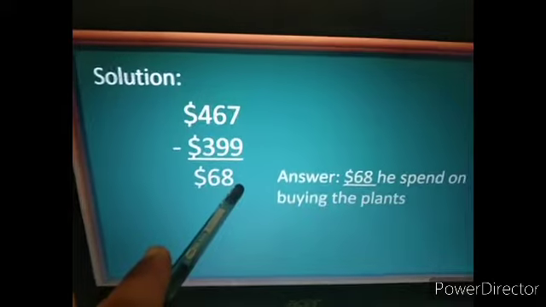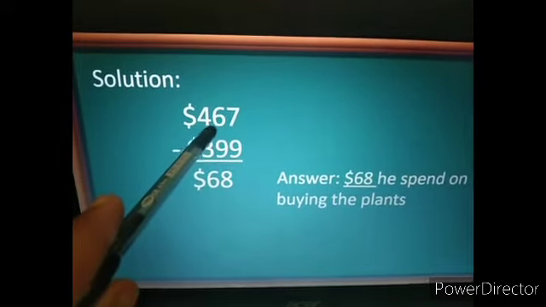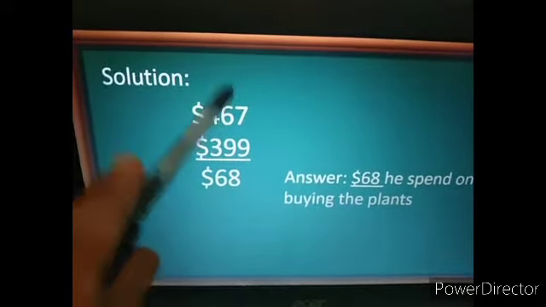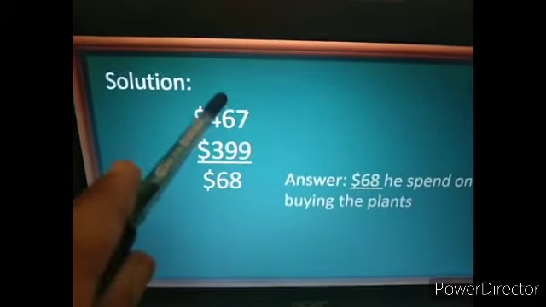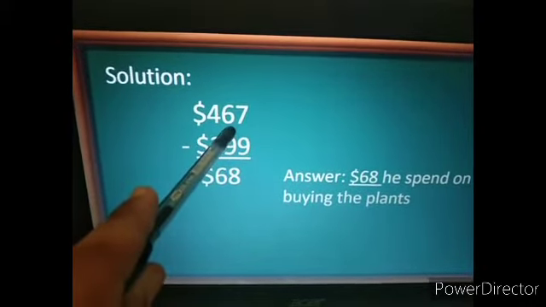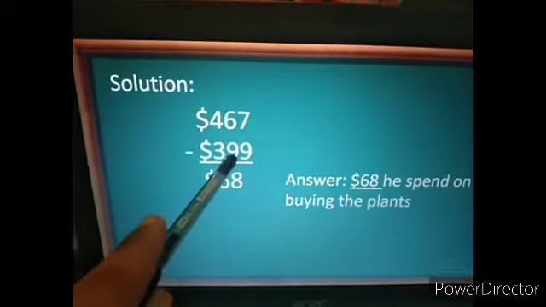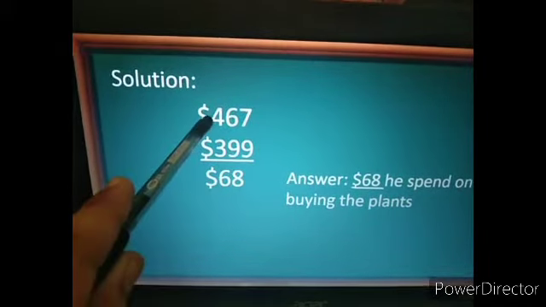And again, this 6 is not 6 anymore. It's going to be 5, and 5 isn't big enough to minus the 9, so we're going to regroup again